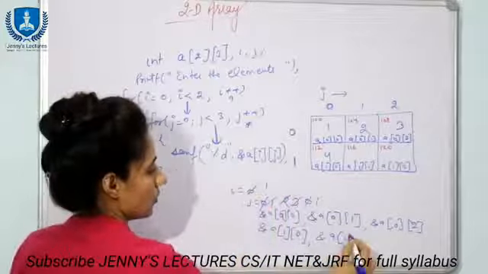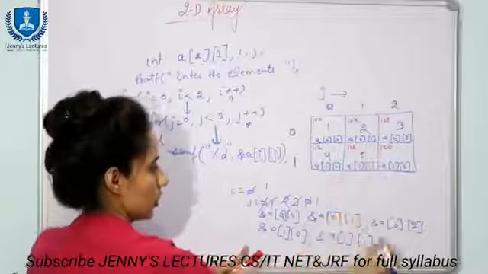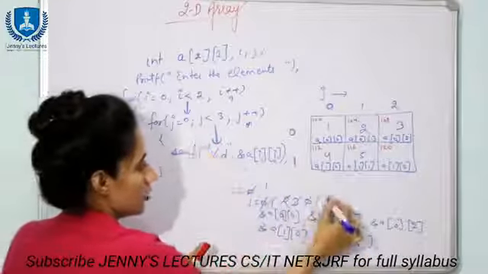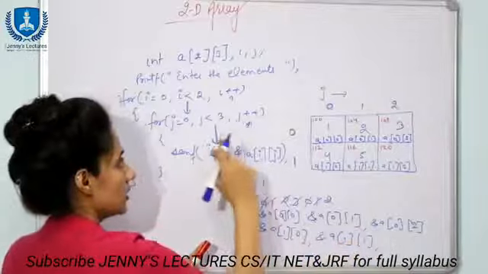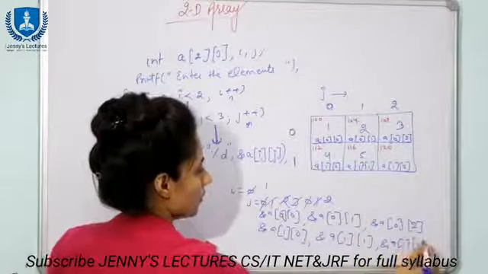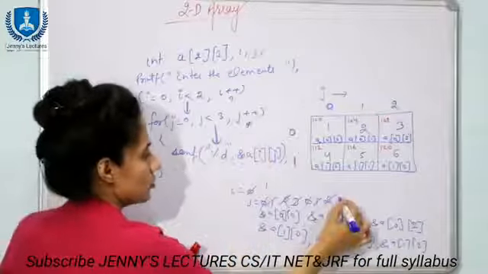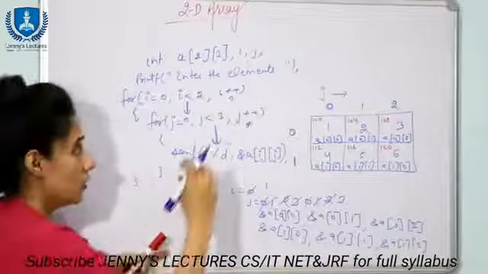Now address of a, i value is 1, j value is also 1. Here the value is to be stored, suppose 5. Now j plus plus, j value becomes 2. 2 is less than 3, yes, control will go within this for loop. Now address of a of i value is 1, j is 2, a of 1 of 2, here the value is to be stored. Now j plus plus, j becomes 3, 3 is less than 3, no, control will go out from this loop.